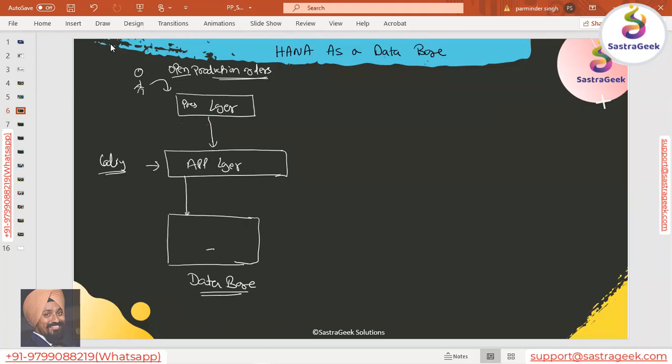This database would be having a mechanical component, which is your rotating disk and drum. So this is the part where your data gets stored.